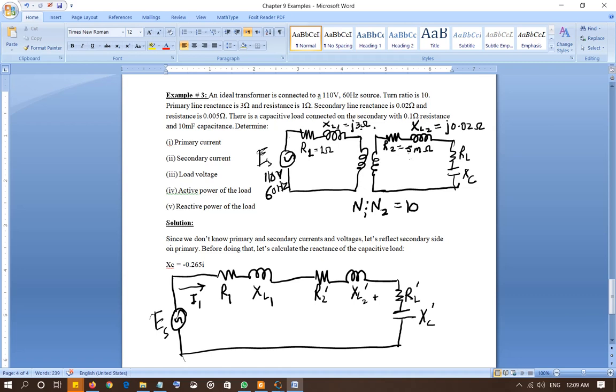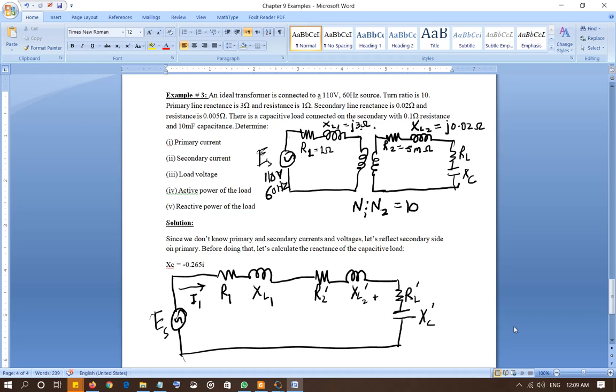Secondary line resistance is 5 milliohm or 0.005 ohm, and likewise secondary line reactance is 0.02 ohm. A load is connected with resistance of 0.1 ohm and capacitor of 10 millifarad. So the first thing we're going to do is find the reactance associated with the 10 millifarad capacitor by using the relationship Xc is equal to 1 over j omega C,